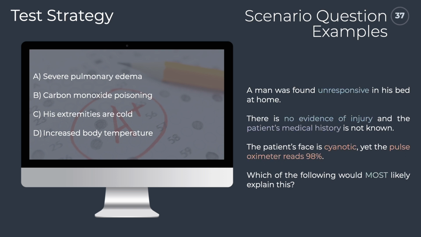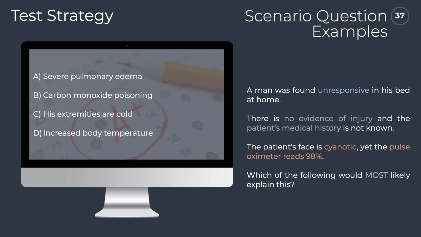Okay, so here we have again highlighted the relevant information. The chief complaint is unresponsiveness, and right away the question rules out one of the major causes of an unresponsive patient by telling us there is no evidence of injury. Since this question is telling us that this is not a trauma, we need to look elsewhere for our answer. The fact that the patient's medical history is not known to us isn't explicitly useful, and in fact we see in the very next sentence the hallmark signs and symptoms of the patient's skin showing cyanosis,